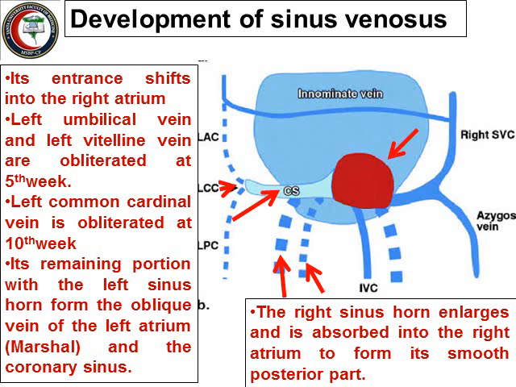What is the oblique vein of the left atrium? It is a small vein that lies obliquely, called the oblique vein of Marshall, on the back of the left atrium. Study it in the anatomy lecture. And the coronary sinus is the wide venous channel which drains the heart, developed from the left horn of sinus venosus. The right horn of sinus venosus enlarges and becomes absorbed into the back of the right atrium to form its